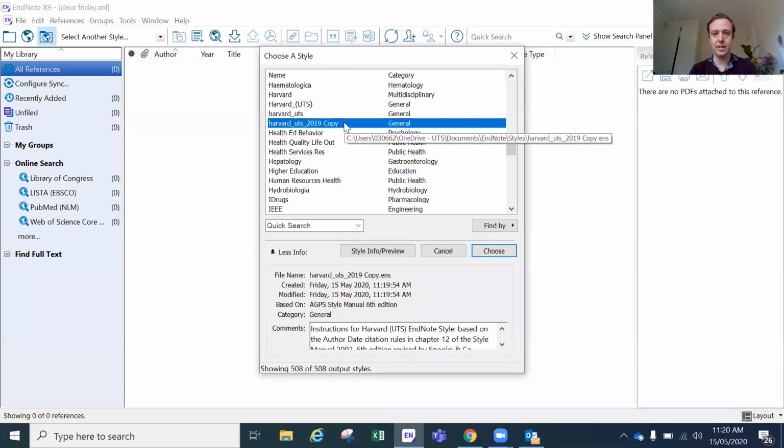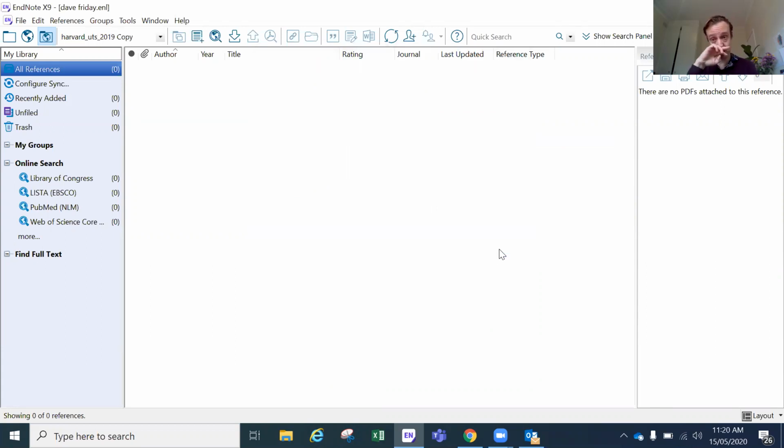Okay, and so if you want to add it to your favorites, click on it once with your left mouse button so it goes blue, and then press the choose button. And hey presto, it's your favorite style. So what we should do now is add some references to EndNote so we can see how all this works